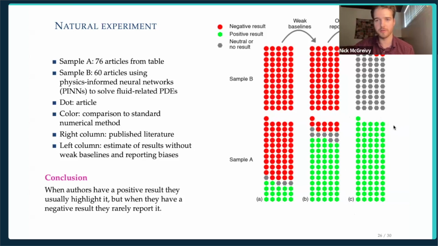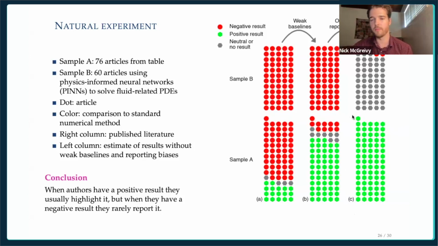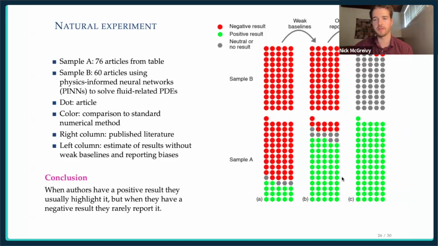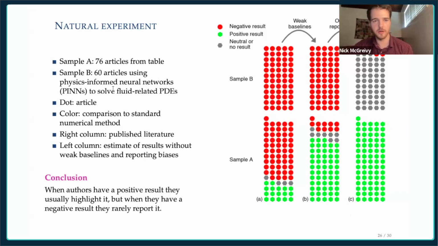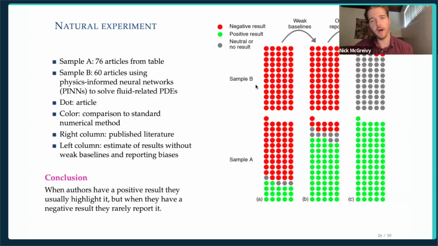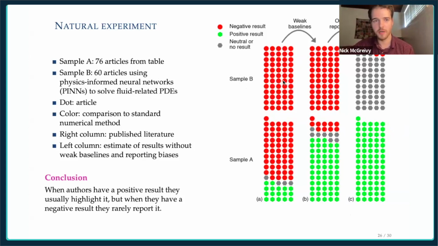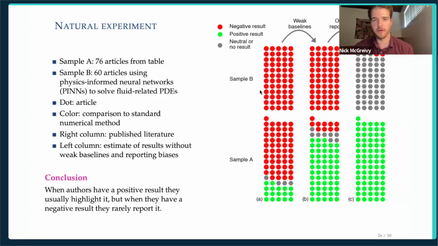And all of those articles reported positive results against their baseline, which was a standard numerical method. In sample B, we use 60 articles that all use what I call physics-informed neural networks to solve fluid-related PDEs. Now, we know that PINNs, these physics-informed networks, are not faster than standard numerical methods, they're not anywhere close for fluid-related PDEs. And so all of these papers are going to do worse than the standard numerical method